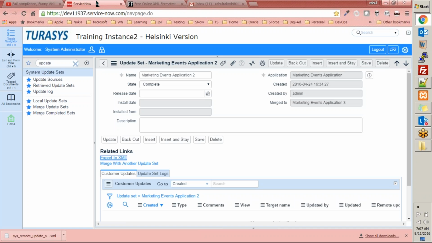Now the general issues that you would face is the issue of sys IDs, right? Because see, if I am creating an update set for the marketing,